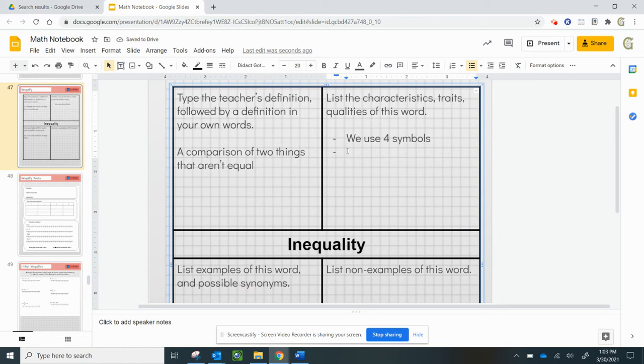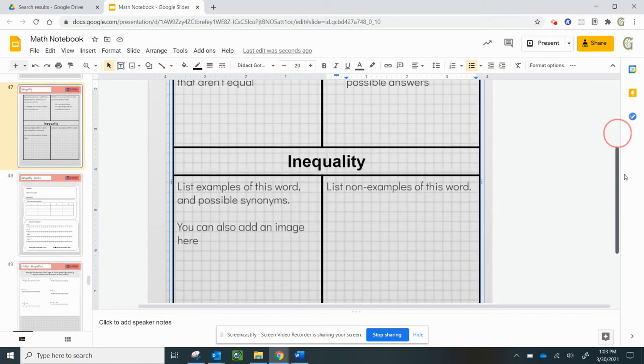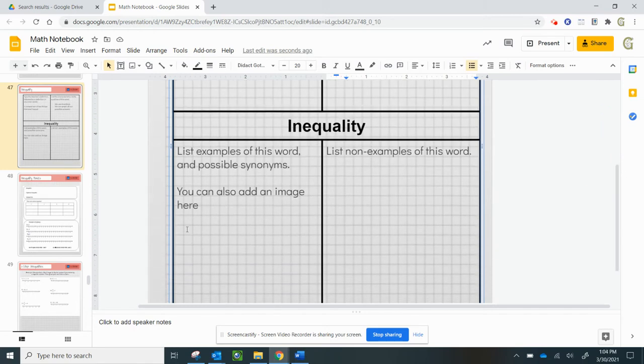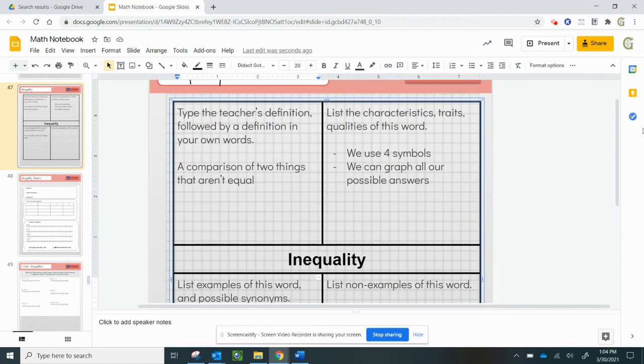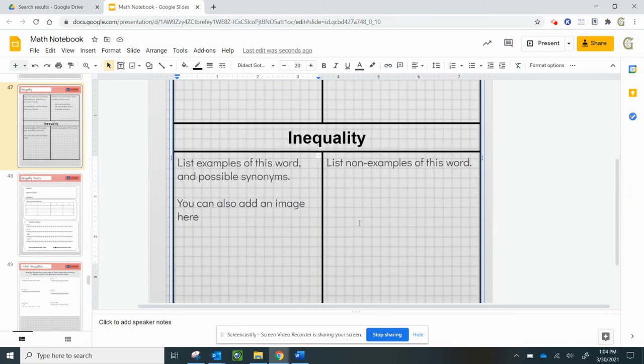And the other thing we got here is that we can graph our answer. Well, let's see, we'll say we can graph all our possible answers. Because when something isn't equal, it could be more than and lots of numbers more than. So examples of this word or synonyms would be things like, I want to get you at least